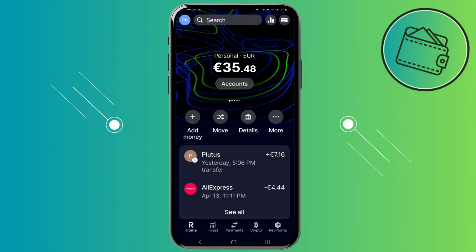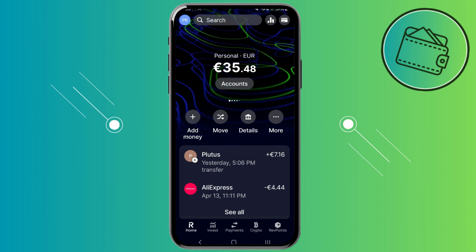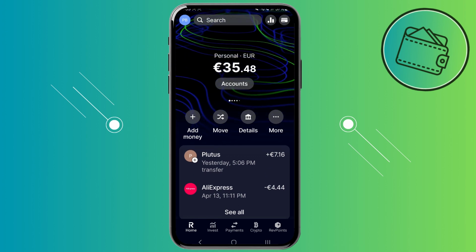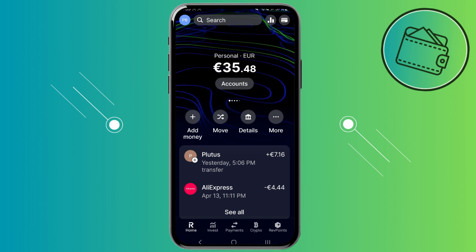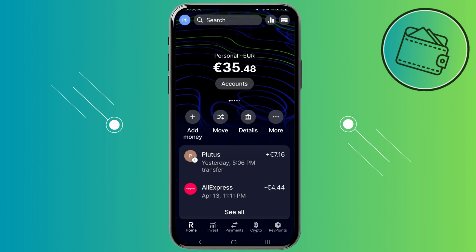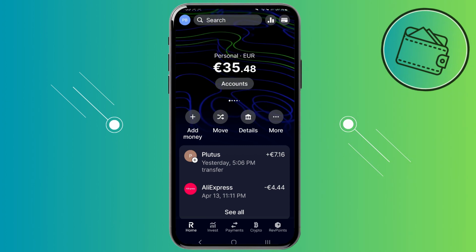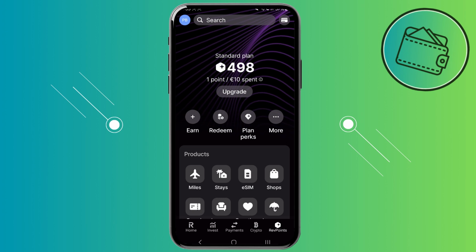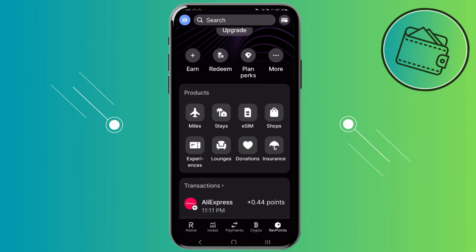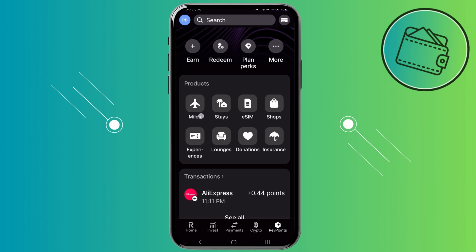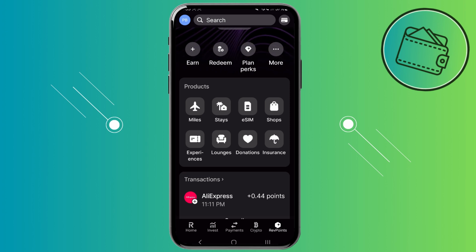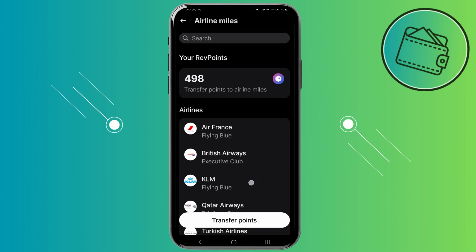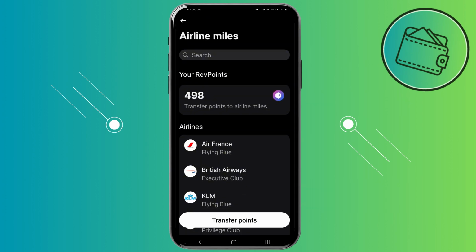So let's get started. First off, once you open up your Revolut app, you will be on your home screen right here. To exchange RevPoints for airline miles, you will need to go on the Revolut RevPoints tab in the bottom right corner. Once on the RevPoints tab, just scroll down until you can see the miles option on the products tab. So on the products tab, just go ahead and select miles, and this will lead you to the airline miles